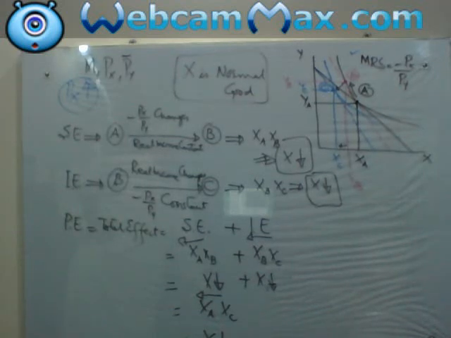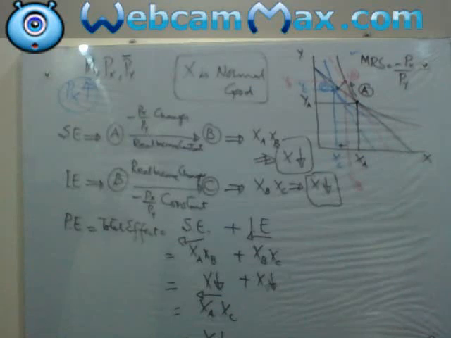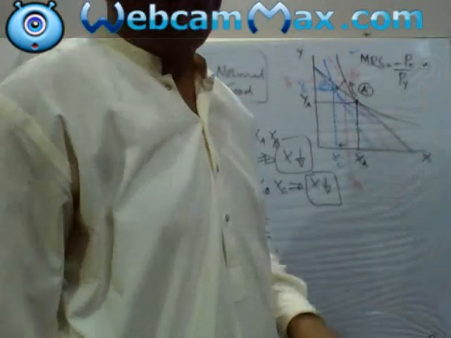That is the same phenomenon as drawing point B. If we are compensating the consumer to the extent that he or she remains on the same indifference curve, it means that we want to keep him